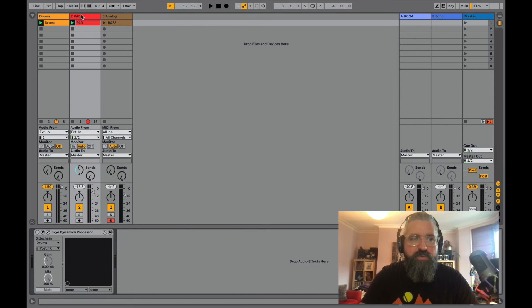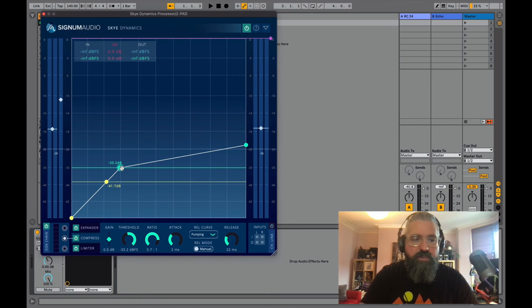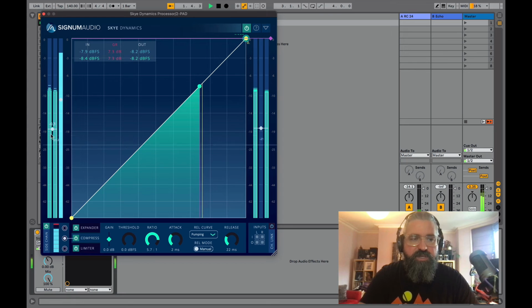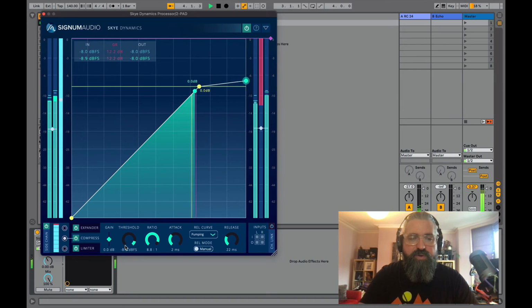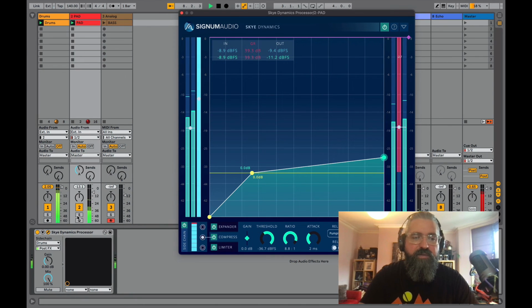So on my pad, I turn on my SKYE Dynamics, and then in the sidechain here, I'm selecting my drums track. And let's have a look at SKYE Dynamics opened up. I've actually got some settings already on here, so I'm just going to back them off and redo them for you. So we are going to sidechain to the compressor. So you can see the signal coming in is from the drums now. As I begin to turn my ratio right up so we can hear it, and bring my threshold down, you can really hear that affecting